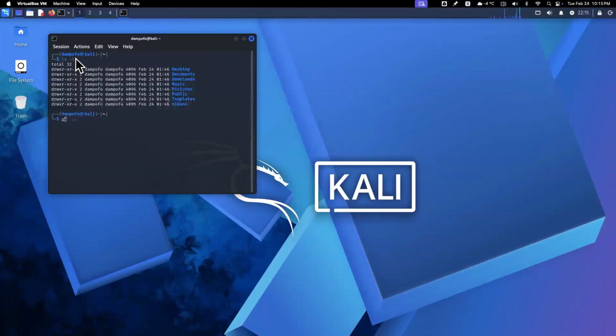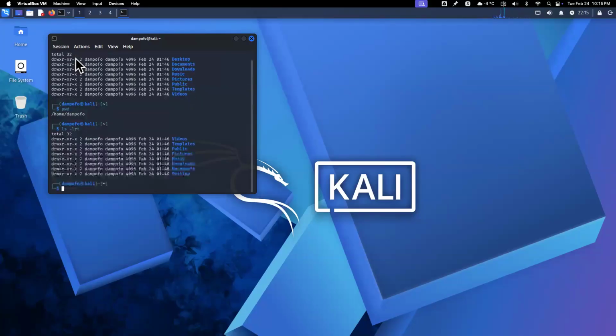Do ls -lrt. You can do ls -ltr also, both are the same. It's a long listing, long distance. So if I want to create a folder or a file, I can do that,